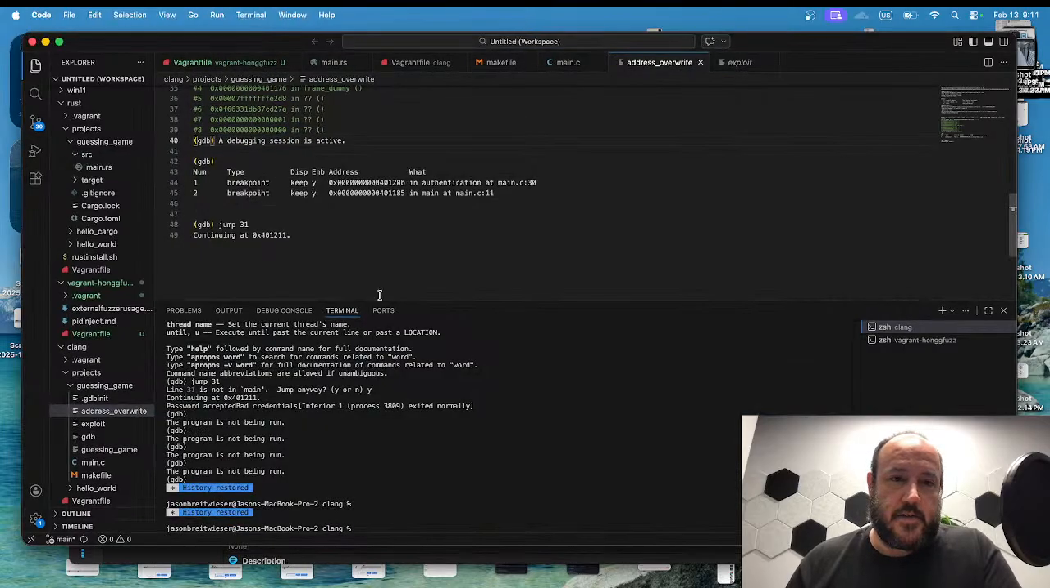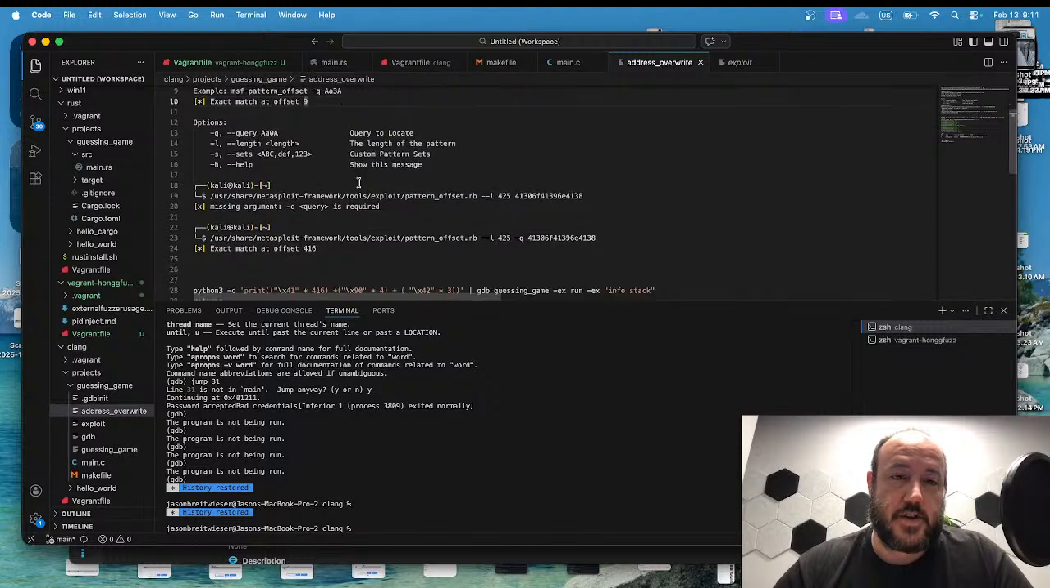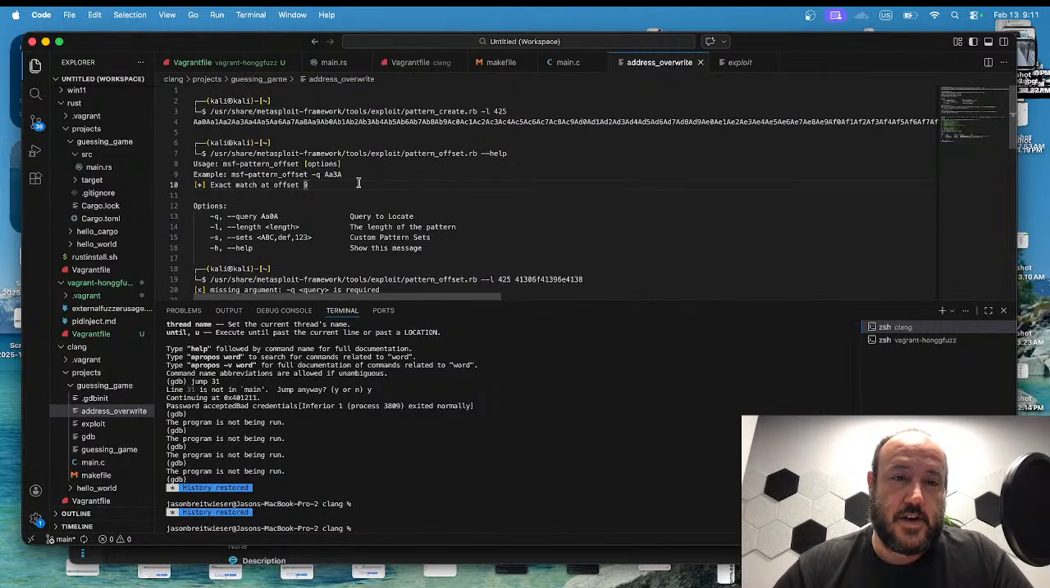Where we left off yesterday was we used Metasploit's pattern create to make a pattern such that we were able to identify the offset at which we start to achieve a pattern match. So AA3,